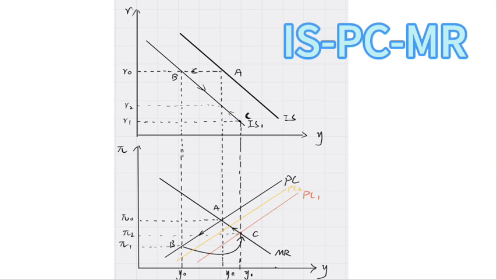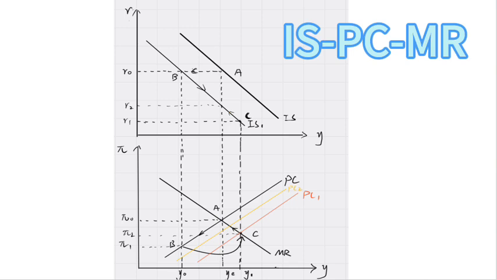Now the central bank needs to adopt a tight monetary policy to meet the expected inflation. The central bank will increase the interest rate by a small amount to reduce the output, thus meeting the inflation gap. As can be seen on the graph, the PC curve will slowly shift upward until it returns to the original PC. You can see PC2 is a process between PC1 and PC.